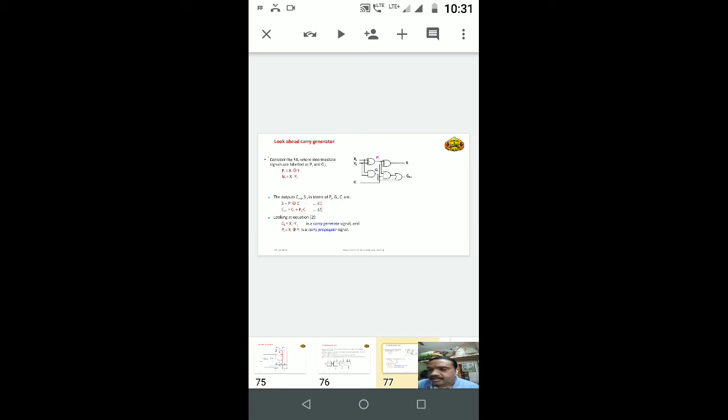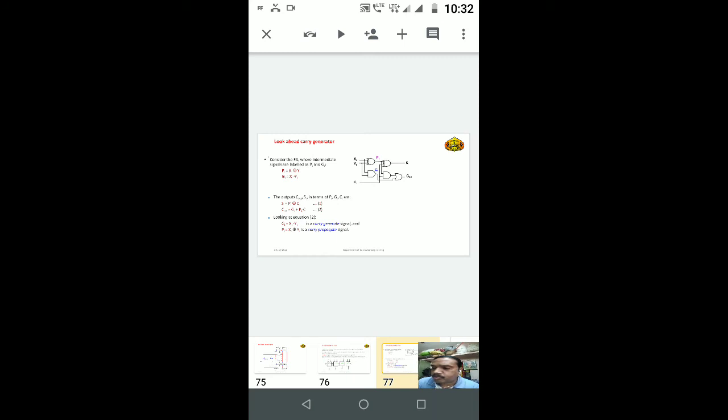Okay, if you observe this logic diagram, at the output side there are two outputs. First output is the Si and second output is the Ci plus 1. Si is nothing but the sum of this final logic circuit, and Ci plus 1 is the carry. In the full adder there are two outputs, first is the sum and second is the carry. Output for sum is indicated as Si, and output for the carry is indicated as Ci plus 1.